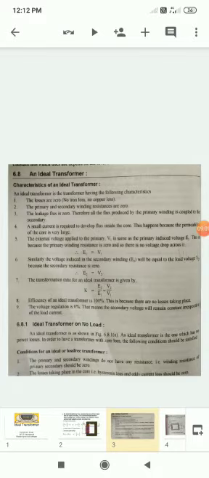Figure 6.81a. An ideal transformer is shown. An ideal transformer is one which has no power losses. In order to have a transformer with zero loss, the following conditions must be satisfied. Primary and secondary do not have any resistance, which we have already discussed in the characteristics of the ideal transformer. The winding resistance of the primary and secondary should be zero. That is not practically possible in any transformer, but here we assume it.